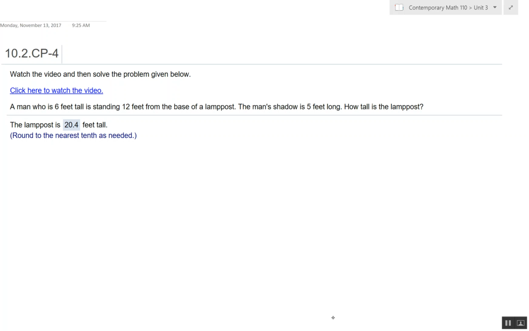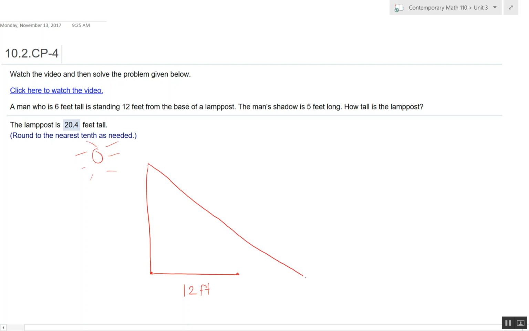So we have a lamp post, and we have a man who is 6 feet tall, and he's standing 12 feet from the base of the lamp post. So here's the base of the lamp post, and 12 feet away is where the person stands. Now the man's shadow is 5 feet long, so we're going to assume that the sun is positioned here, shining towards the lamp post. So you have a situation like this,